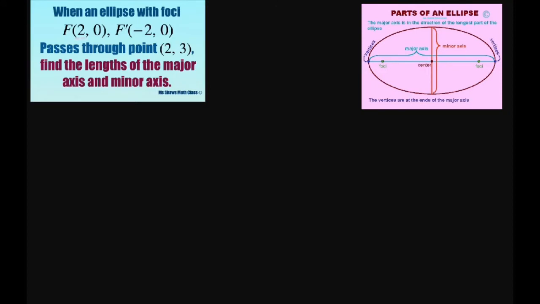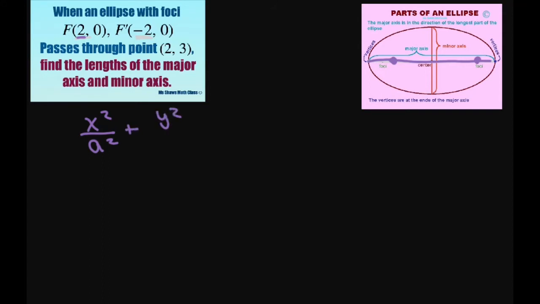Our foci are on the x-axis, so that means our major axis is going to be horizontal, like that. And the minor axis is going to be this, but since the foci have to be on the major axis. All right. So basically, let the equation of the ellipse be x squared divided by a squared